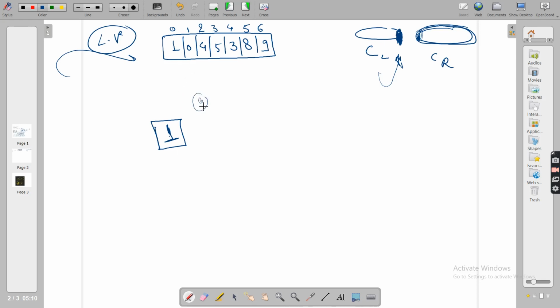Now 0 was coming. I will initially try to put these elements in separate chunks, because that way I can maximize the number of chunks. So 0 can be here. If I put 0 here and wrap a square bracket, is it all right? If you sort 1 individually and 0 individually and concatenate them, can they be called sorted together? No, because 1 0 is not sorted.